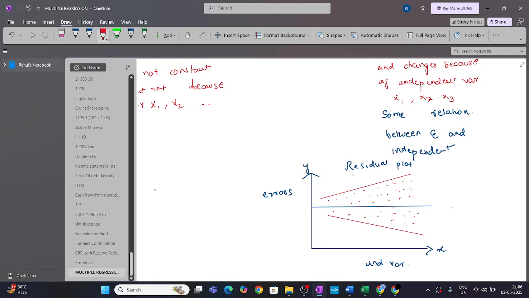So there is some relationship between the error term and the independent variable. This is an example of your conditional heteroscedasticity,